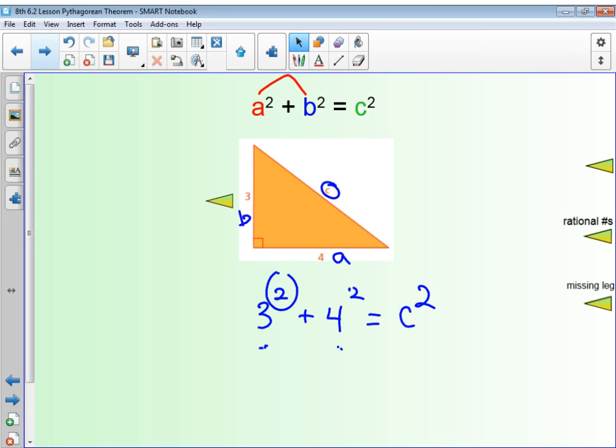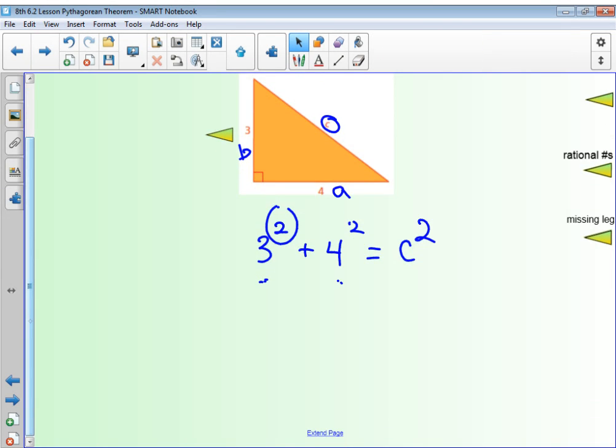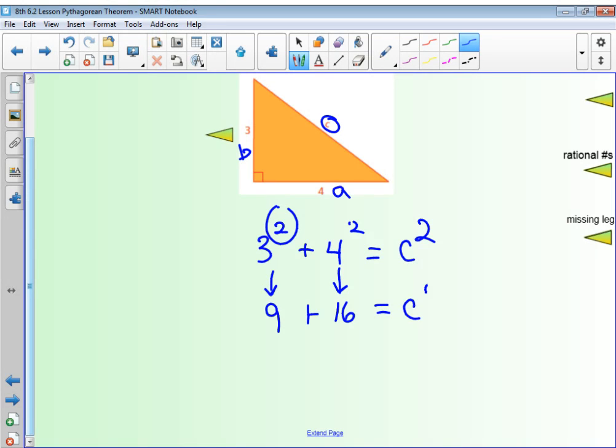Okay, so now we're going to go ahead and solve this. Now I'm looking at it as an equation. So my PEMDAS: parentheses, I don't have any. Do I have any exponents? Yes, I need to solve my exponents. So 3 squared gives me 9. Plus 4 squared gives me 16, and that's going to equal C squared. Now when I simplify this, I do my 9 plus 16, which gives me 25,